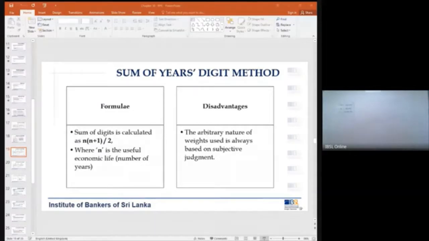Okay. What is the first part of the question? They want us to calculate the depreciation per machine hour.